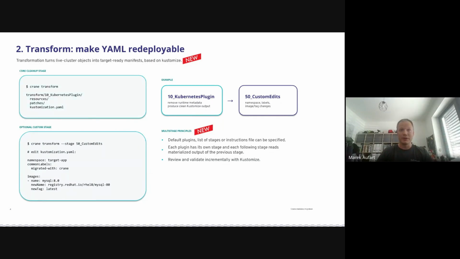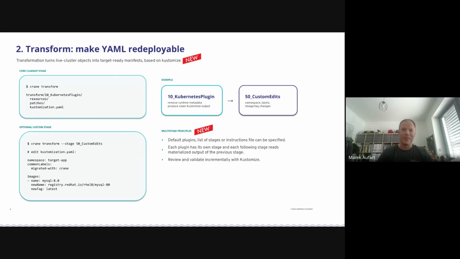Then we also introduced something called the multi-stage principle. The whole migration or transformation doesn't have to be a single stage. We can have some plugin-based stages, then some custom stages, and each of these stages can go step by step. So the result should be inspectable, easy to debug, and